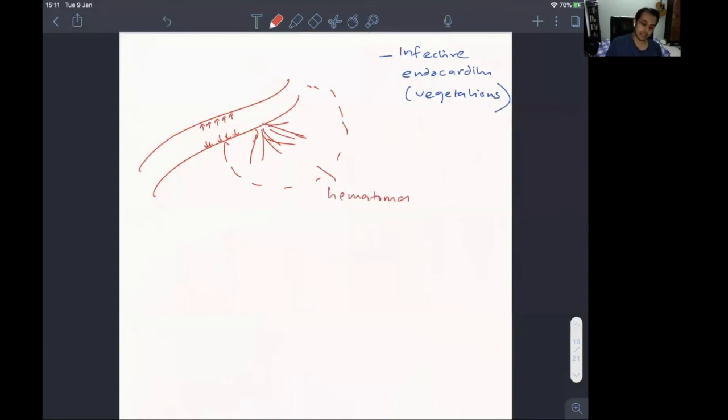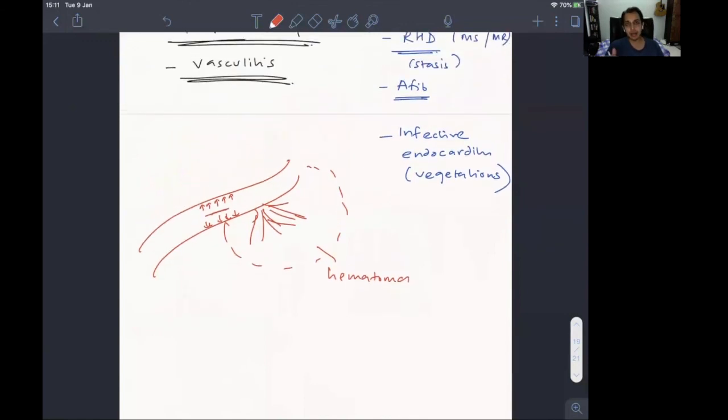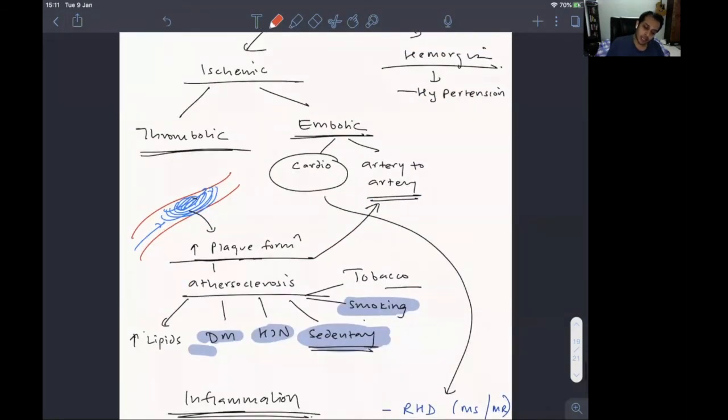Okay. So anything that increases the blood pressure inside the blood vessels can increase your chances of getting a hemorrhagic infarct. And so all your risk factors for hypertension become risk factors for hemorrhagic stroke. So if you have a renal disease, or if you have, say, aortoarteritis, any of those reasons can lead to hypertension. If you have primary hypertension, familial hypertension, all of them are risk factors for hemorrhagic stroke. And another reason for hemorrhage is